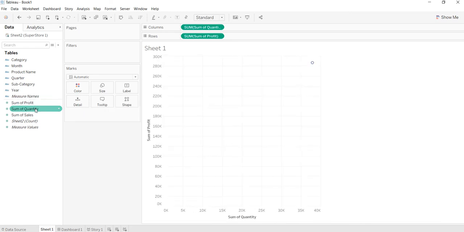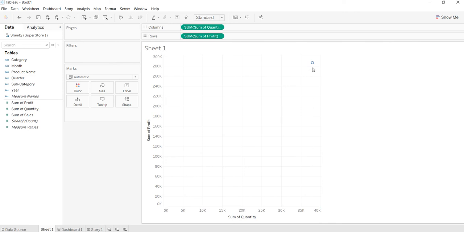Okay, so I'll just double click on sum of profit and sum of quantity. Automatically, quantity goes onto the columns and profit goes onto the rows. If I look at the y-axis here, it shows me the span of profit, the different values of profit within the database, and the sum of quantity on the x-axis is the total span of the quantity present in the database.